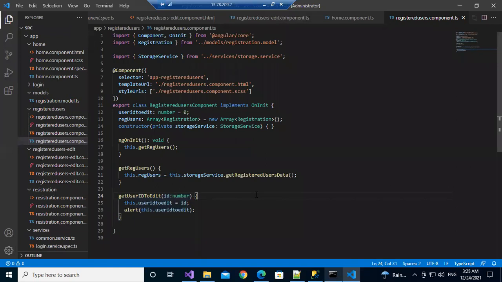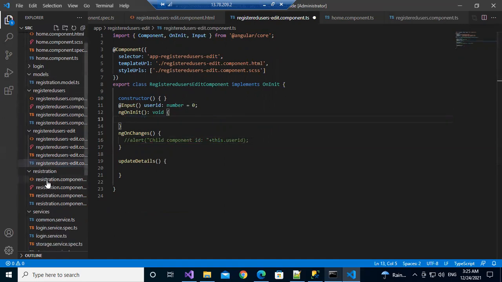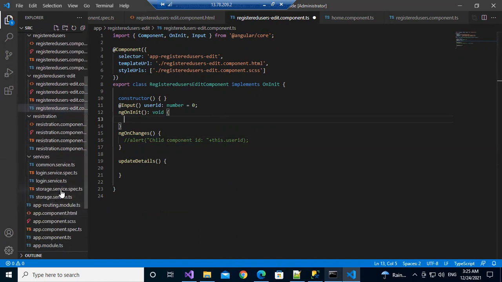By this I can get the user ID here. What do I need to do next? Where is my user data? I have the user data in the storage service.